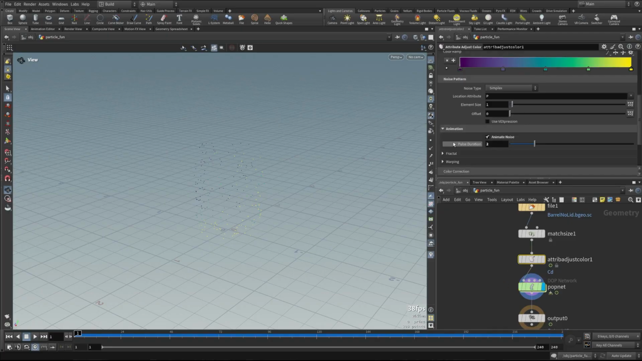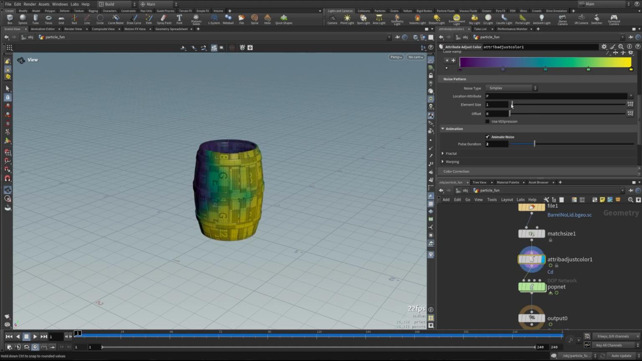So how we can do that is we can go into our element size. And if we visualize this, we'll see as we change the element size, we get a more or less uniform noise across the geometry. So what I'm going to do is bring this all the way up to 10. And this should be almost completely uniform across the geometry. You'll see there's a little bit of difference, but now as we hit play, the whole thing's going to change color in a more